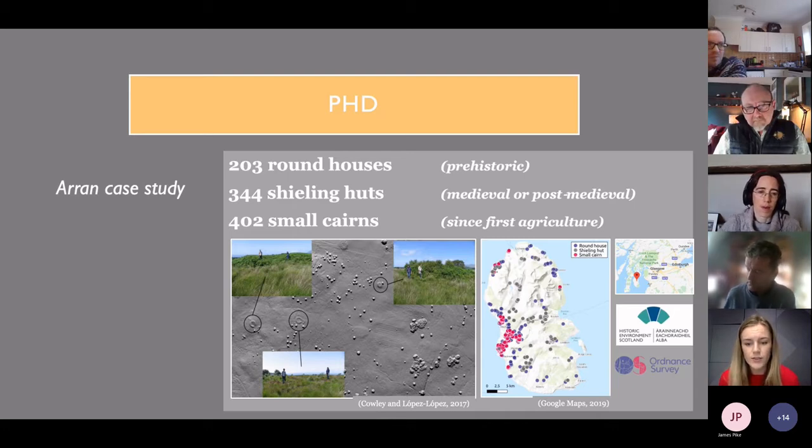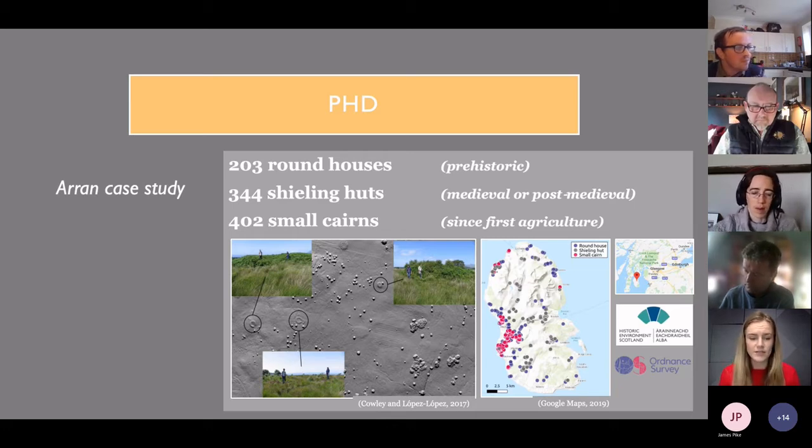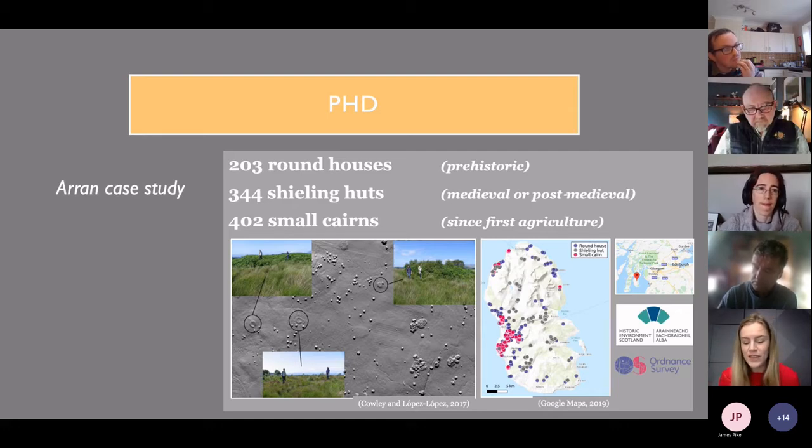We've done this study with Historic Environment Scotland on the Isle of Arran, where they've done a big manual survey as well. So they've manually looked at all the LiDAR data. So it's really intensively surveyed the area, and they've given us those locations to train the AI and apply inference on the rest of the island as well. So we've got quite a small set of data for a deep learning approach. Most have been trained on millions of images, and we have a very small data set. So there's a lot of tricks that I had to do to make this really work. But it's been successful. That's the conclusion so far.